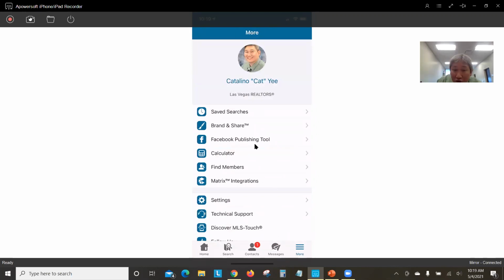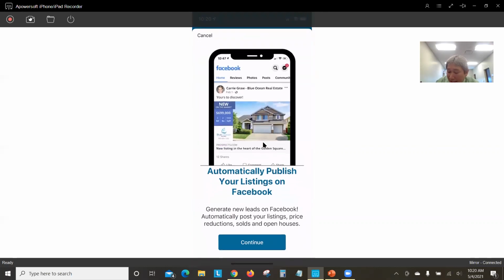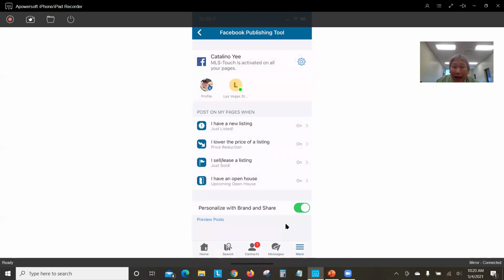The next part is called Facebook Publishing Tool. The Facebook Publishing Tool, you need to create a Facebook business page first. Okay, you cannot have it go into your normal profile because of Facebook business rules. So you tap that, you hit continue on the bottom, and from here,